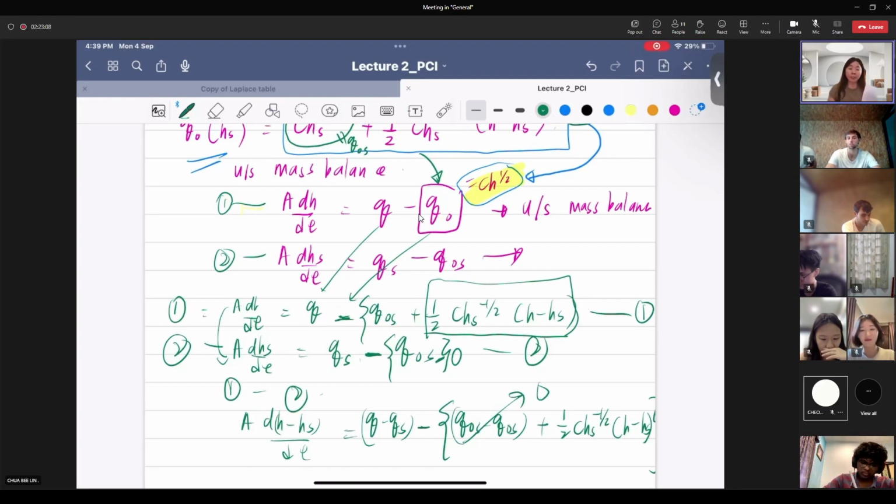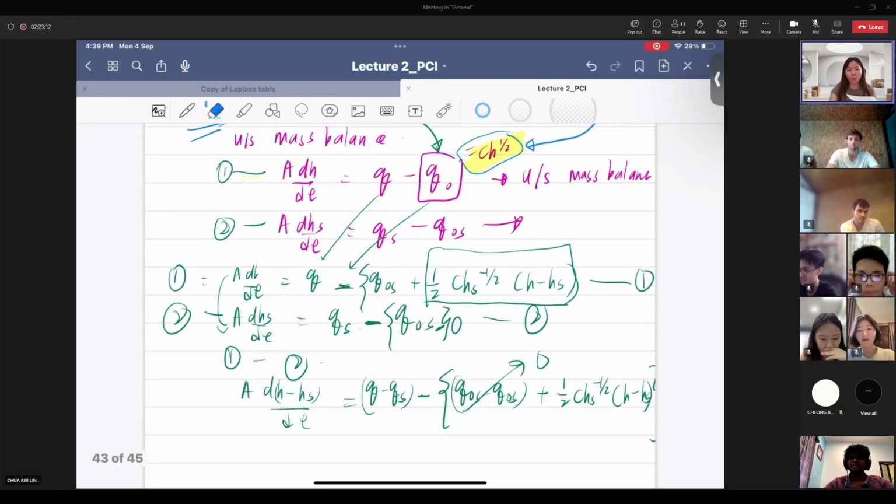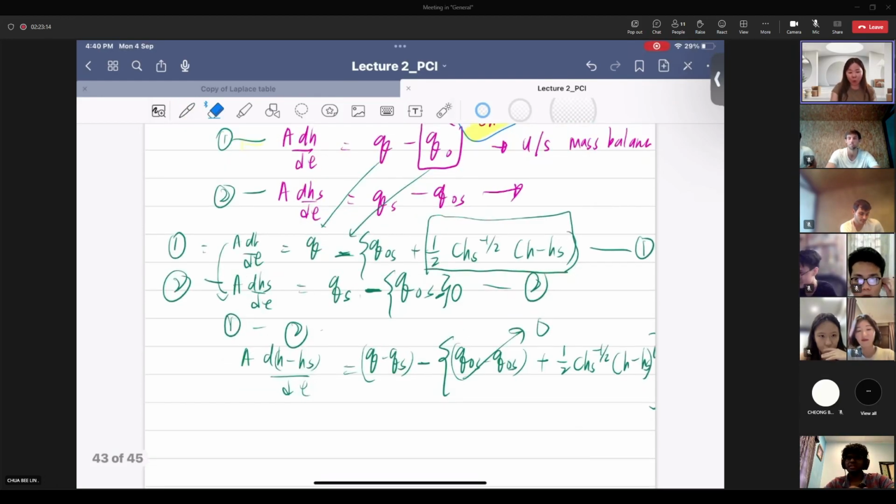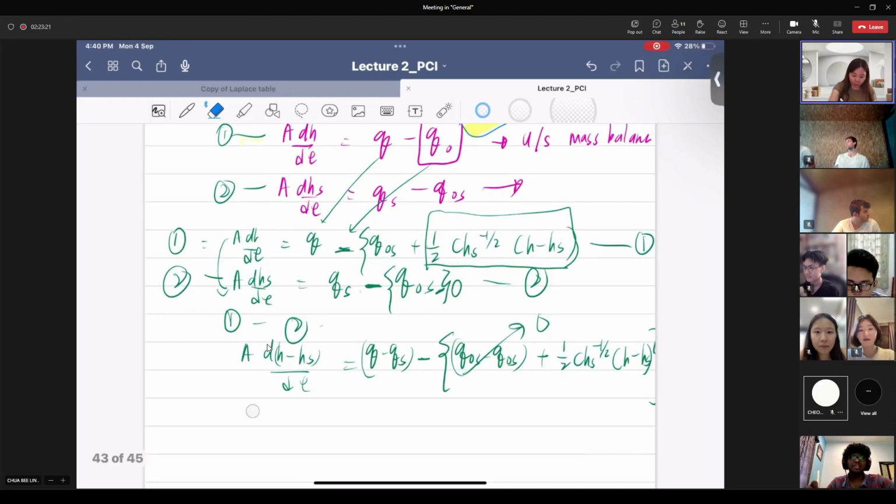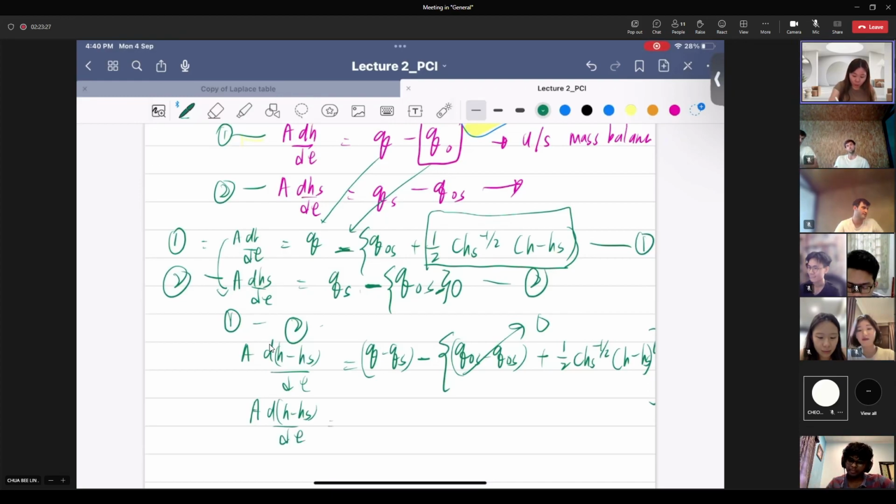It is not hard, it is just long, lengthy. You try 2 times, then you will feel better and more confident. We'll try one more time when the time tutorial. So when you have this, it will simplify the whole thing to be A d H minus HS equal to Q minus Qs, and because this is gone, then